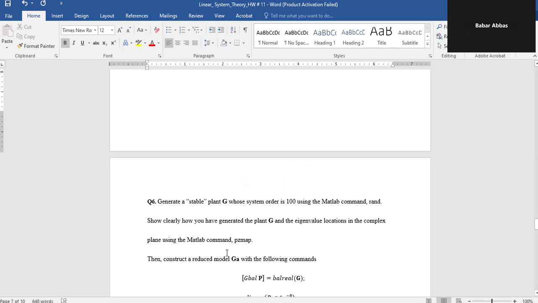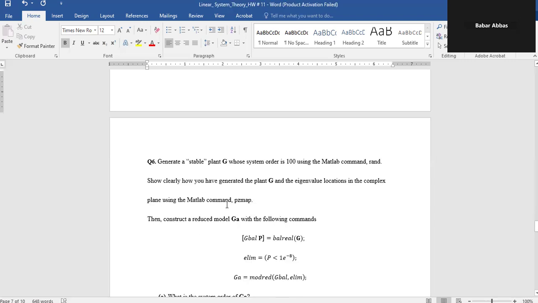Now, coming to question number 6: generate a stable plant G of system order 100 using the MATLAB command rand. Show clearly how you generated the plant G and the eigenvalue locations in the complex plane using the MATLAB command pzmap. We will show this command to find out the location of the poles and zeros. Then construct a